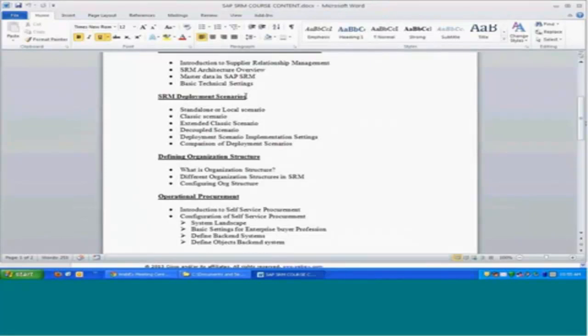Whereas the extended classic scenario is mainly beneficial for people who have multiple legacy systems. Let us say you have an APO in place, you have an ERP in place, you have some other legacy system where planning will happen. So you want to have one procurement system